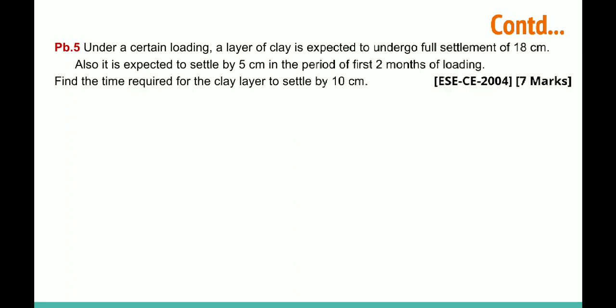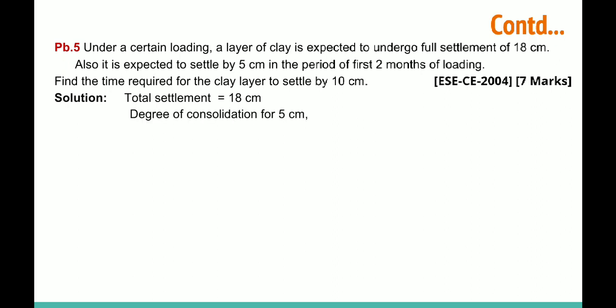Find the time required for the clay layer to settle the 10 cm. Okay, so let's calculate the degree of consolidation. So total settlement we have 18 cm. Degree of consolidation for 5 cm, we can calculate the small delta h divided by delta capital H into 100, and we can calculate the degree of consolidation, that is